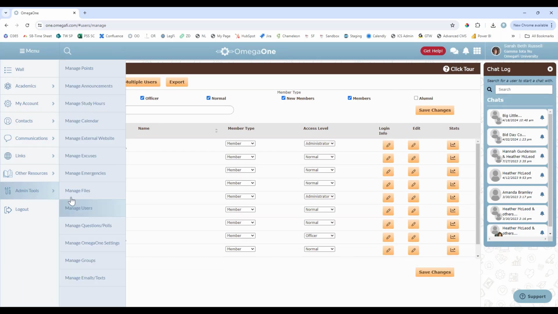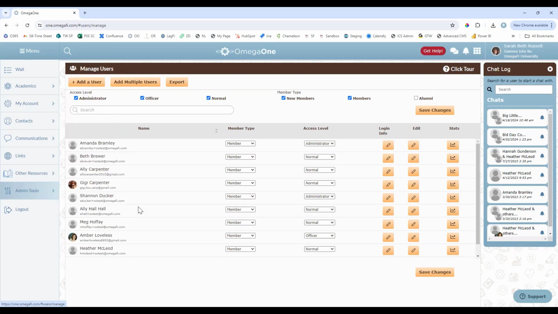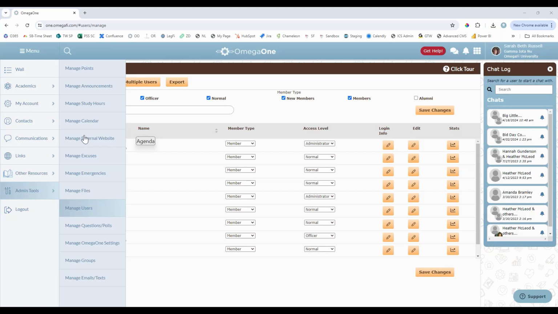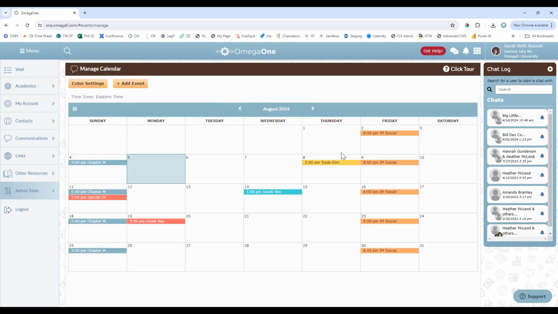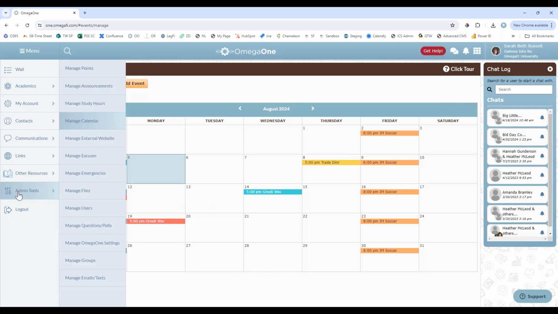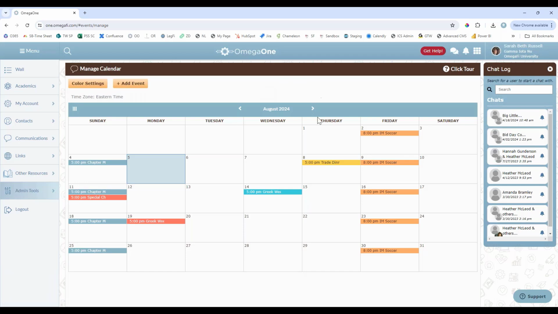After you have updated your users accordingly, next, the thing that you'll want to do is set up your calendar. Everything can stem from your calendar in terms of the different things that are involved with that. So we'll look at the calendar setup. Again, that is also under the admin tools. You go to manage calendar. There's several different things you can do here. You can link to points possibilities as well as set up check-ins.